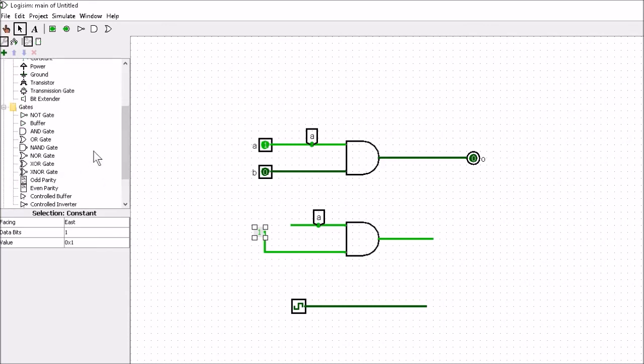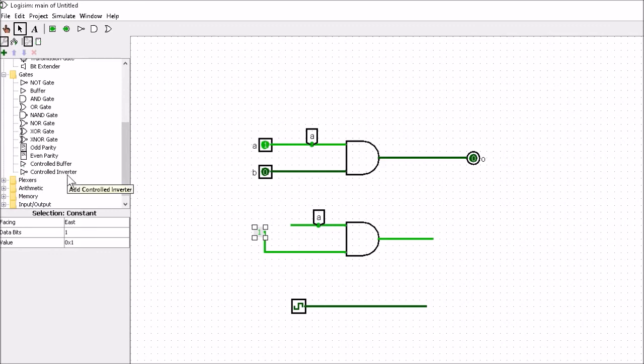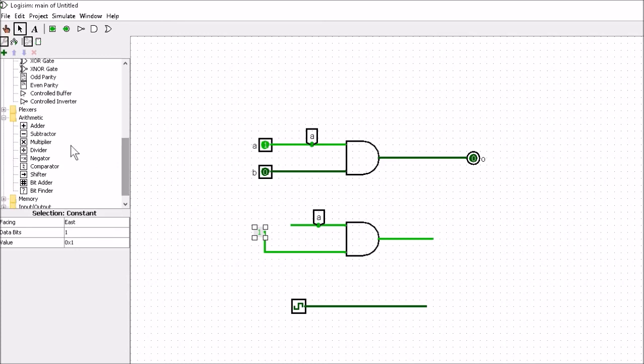In the gate section, we're going to be using the standard gates: NOT, buffer, AND, OR, NAND, NOR, XOR, and we're going to be using the control buffer as well. We won't be using anything in this plexer section. We're going to build them all up ourselves, and we won't be using anything from the arithmetic section.